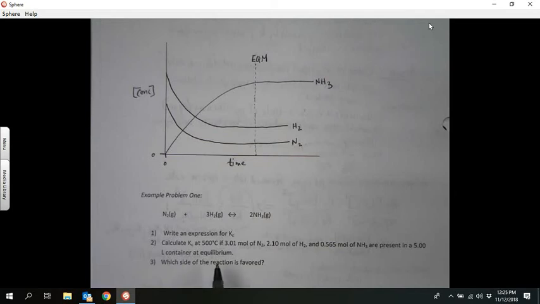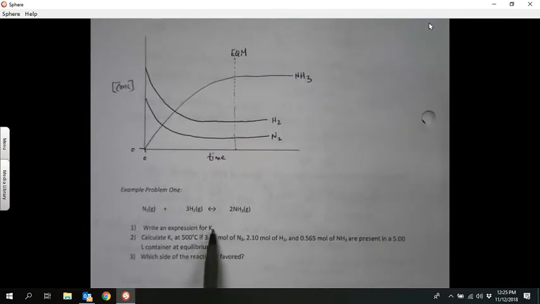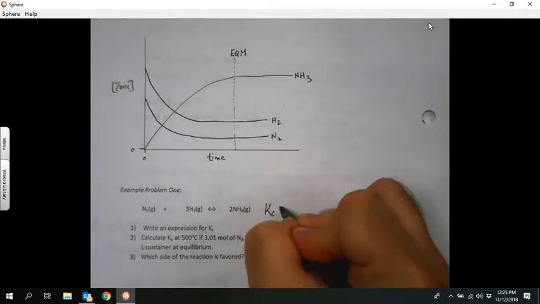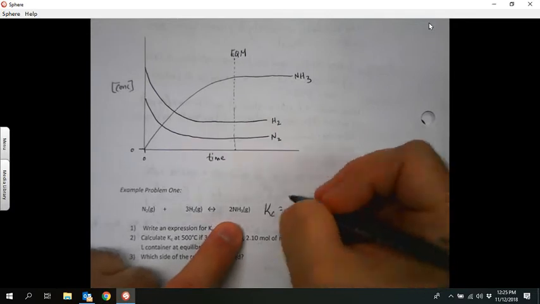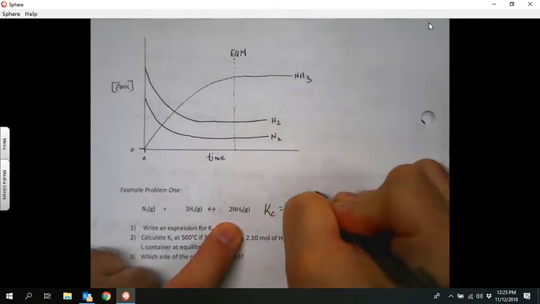And then we're going to finally say which side of the reaction is favored. So if we look at the first one, if we write a Kc expression, remember that K is concentration of products over concentration of reactants, each one raised to its stoichiometric coefficient. So K is going to equal, well, NH3 is our product, so NH3, and since it has a coefficient of 2, we're going to square it,